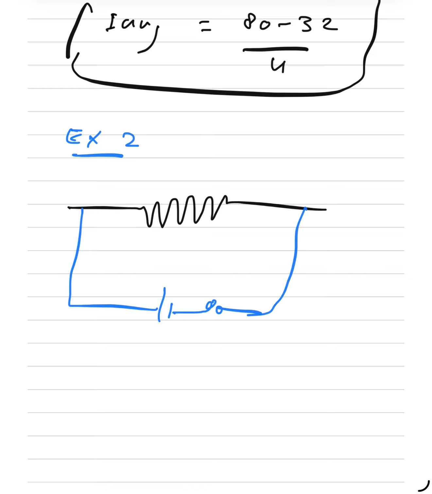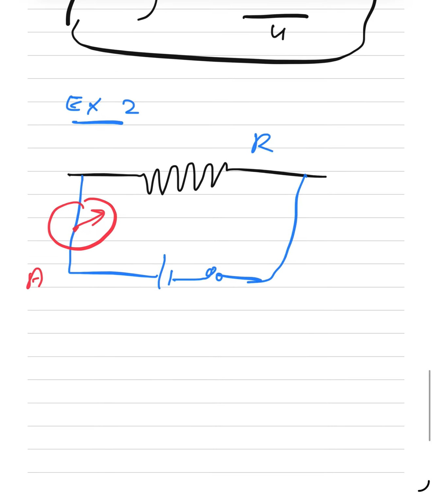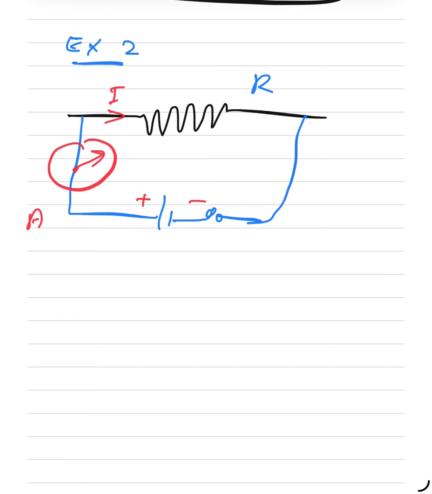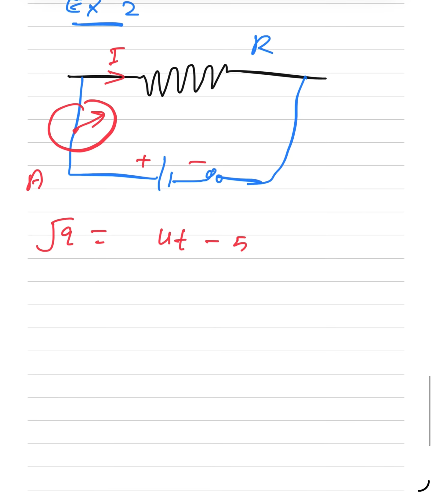This is a switch and this is a resistance, and here an ammeter is used for measurement of electric current flowing in the circuit. Here plus minus is the voltage, the potential difference. The equation of electric charge is root q equal to 40 minus 5t, right. Find the time